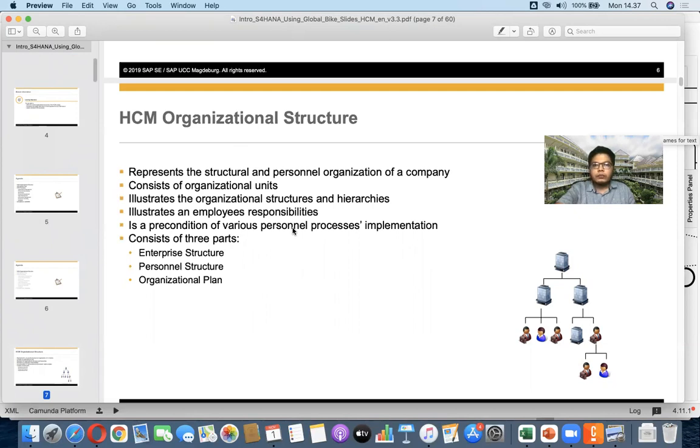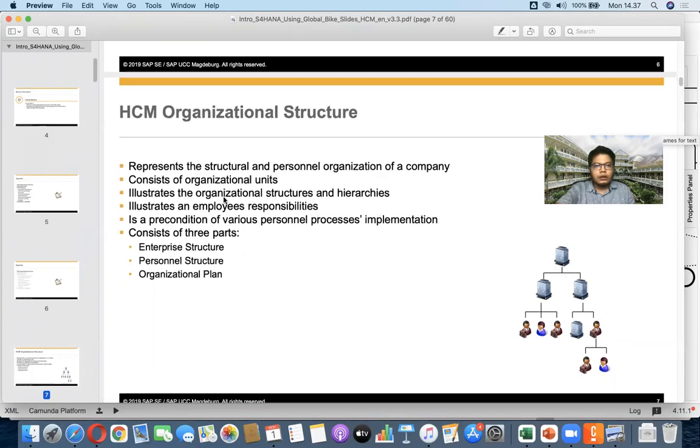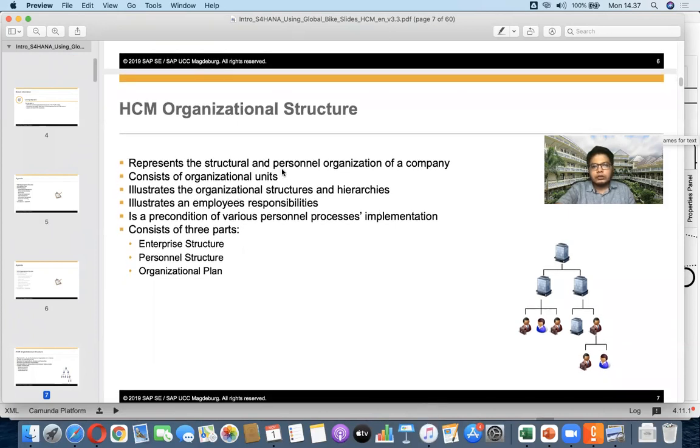However, we know that organizational structure usually means the structure that an organization adopts to explain what is actually the structure within it. It represents the structural and personnel organization of a company.